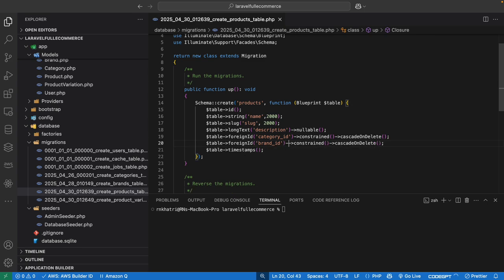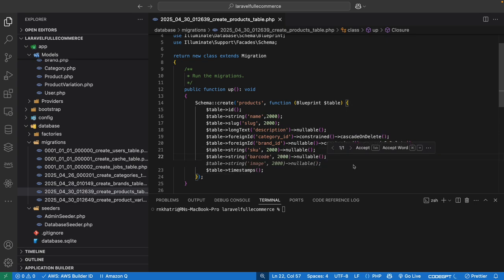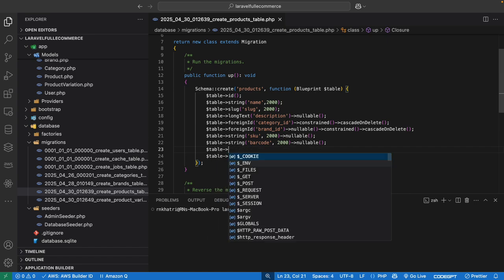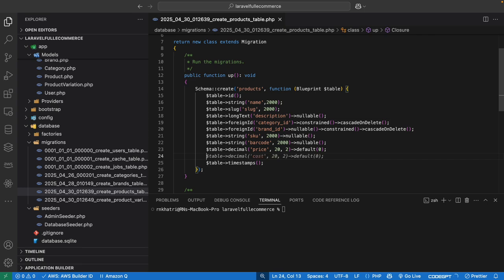This brand ID is nullable sometimes. Okay, and then SKU is nullable, barcode if we need, and then we need price, decimal price 20/4, default 0, and then status